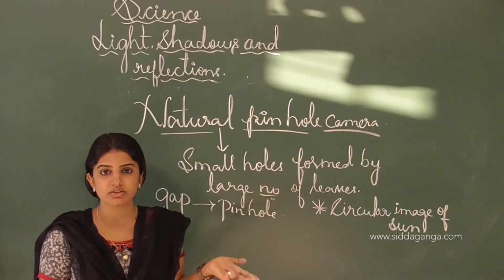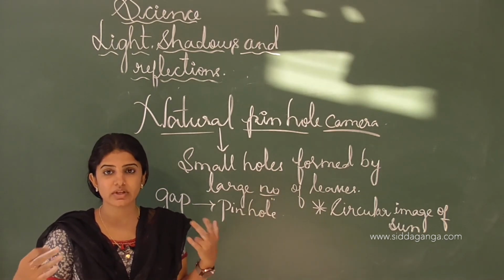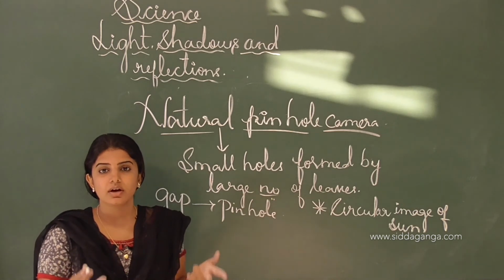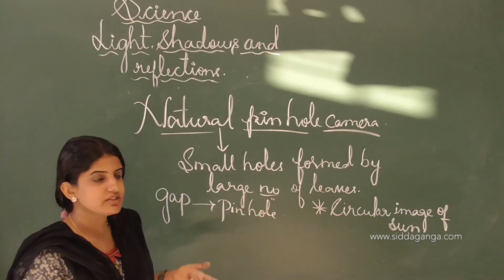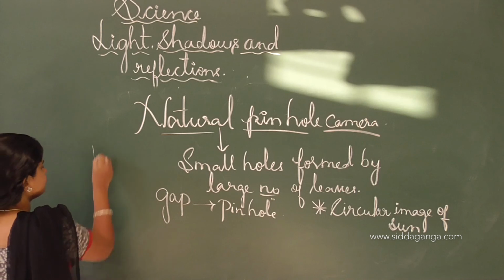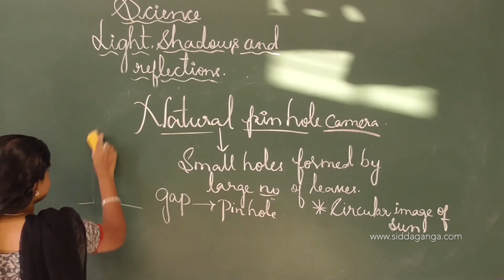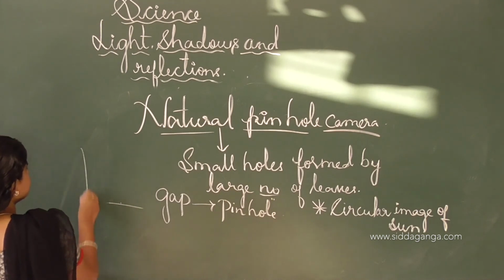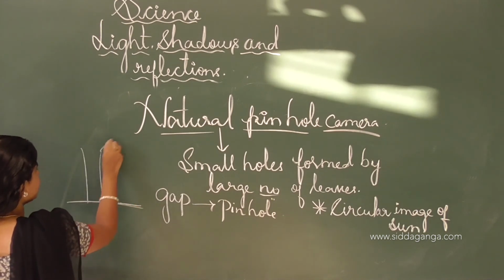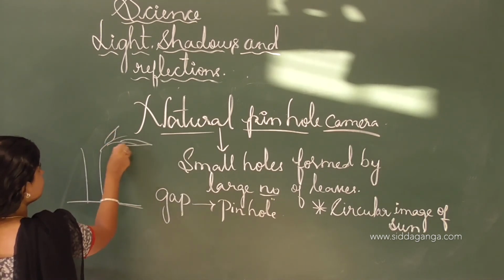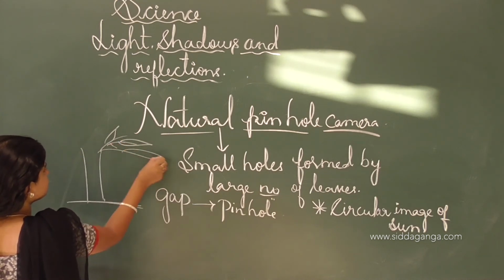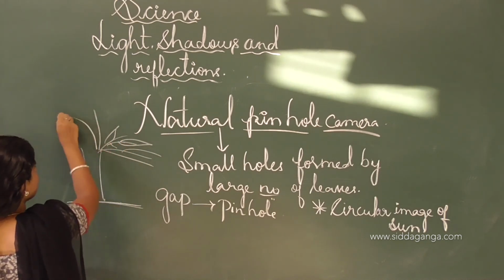Usually the large quantity of leaves present on a big tree acts as a pinhole. Consider here is a plant or a tree. See, here is the tree, and different types of leaves will be present, and due to the branches of a leaf,